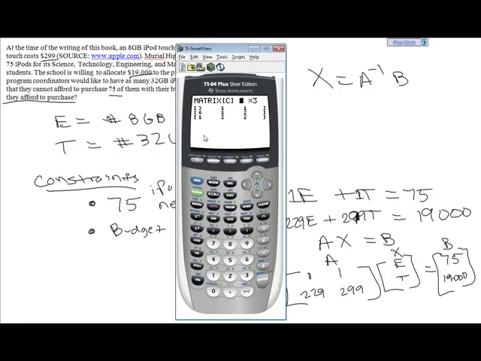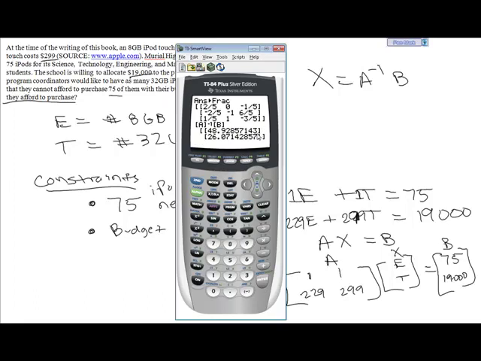I pull up matrix B and make this a 2 by 1 that contains 75 and 19,000. And now I can do A inverse times B. So I'm going to fire this on in, A inverse times B. And I get